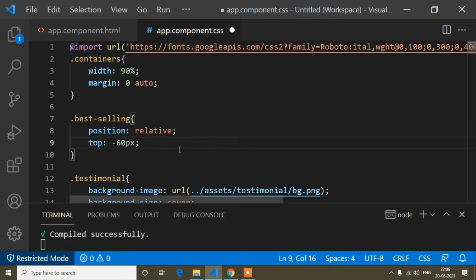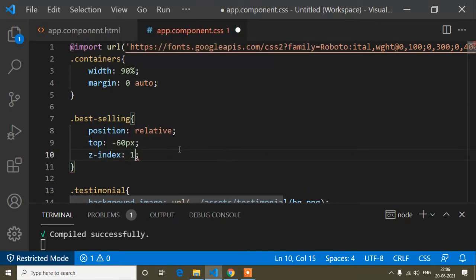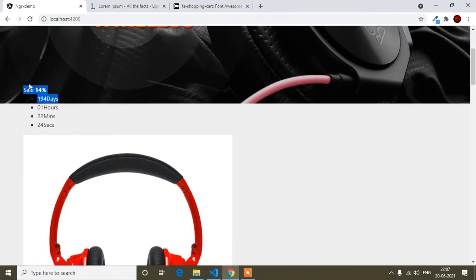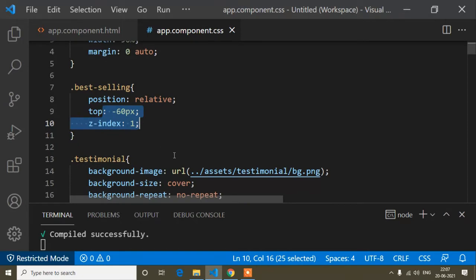So that's why top is minus 60 pixel. And now z-index, which decides how much the div will be floated, so z-index 1. And now save. So this div now starts from here, you can see, because I have added position relative, so that means the div is floating, and it starts to float from here. That's why I have added top minus 60 pixel. Okay, so this one is done.